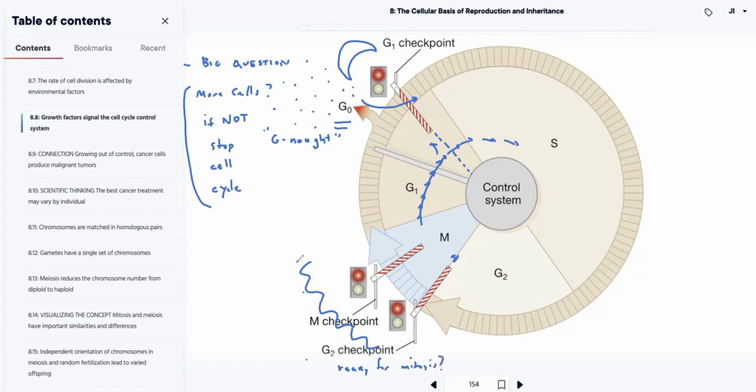Okay. The M checkpoint is even easier to figure out because if you looked at the pictures from that portion of the chapter that I didn't illustrate, we know that at some point we've got these sister chromatids that are lining up like this, right? These chromosomes with sister chromatids are lining up like this. And then we have the mitotic spindles that are attaching centromeres to one end. Here's the centriole on one side. We've got another mitotic spindle that's attaching the chromosomes to the other side, right?